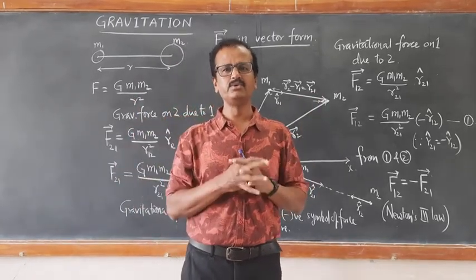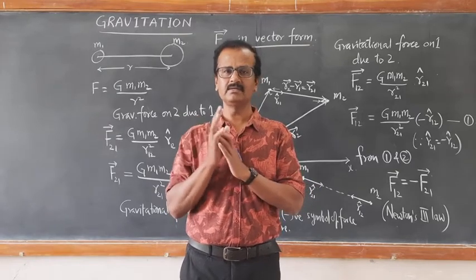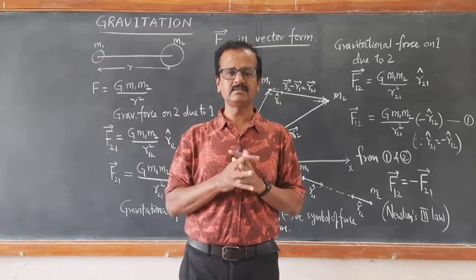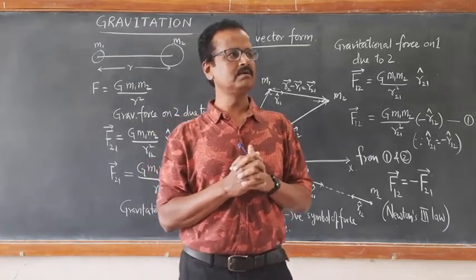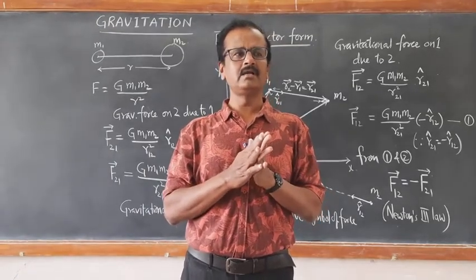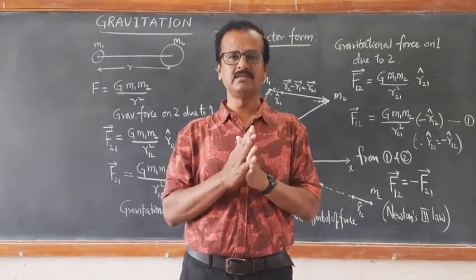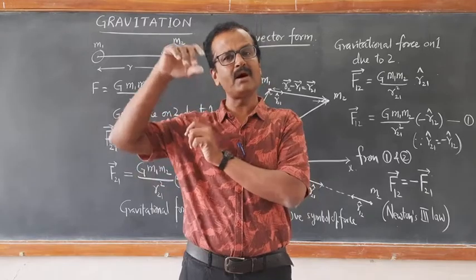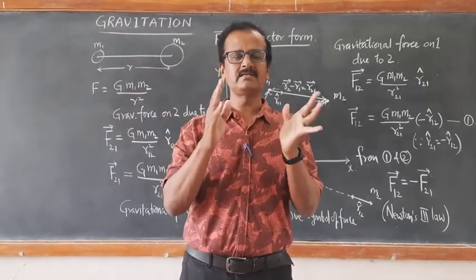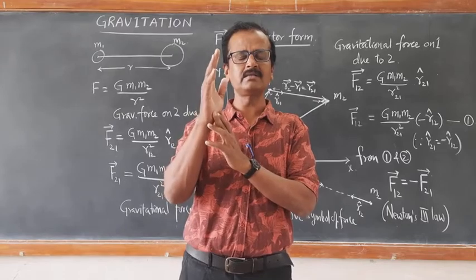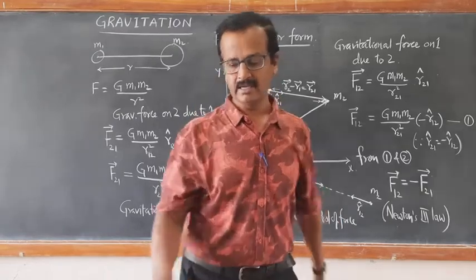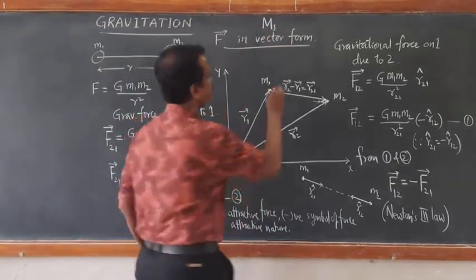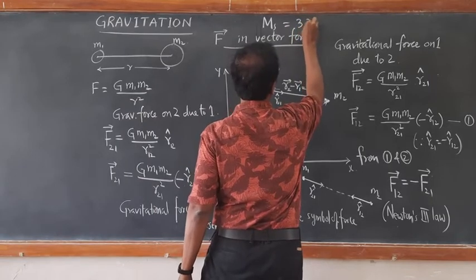Sun is a very huge mass compared to that of earth. Maybe more than 1,000,000 times the mass of earth. It is calculated that the mass of sun is 333,000 times the mass of earth. I can write here, mass of sun, if Ms is the mass of sun, it is 3,33,000